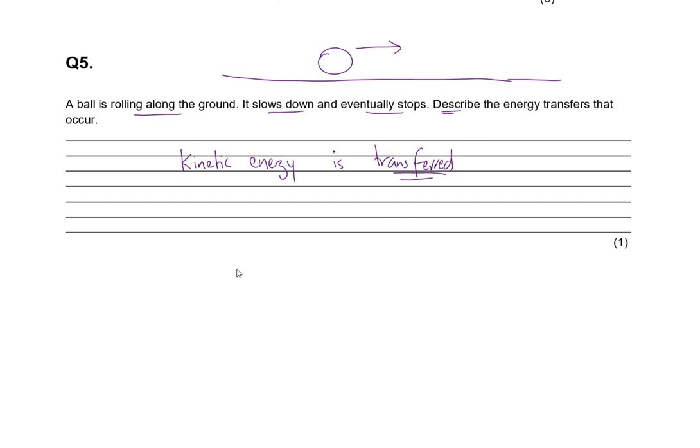Okay, now if you draw a diagram, so if you put the arrows, you need to put transfer on top of the arrows. Otherwise, this will not count. Why would it not count? Because the question tells us to describe. Okay. Now, if the question tells us to draw, then you draw that, that's fine. But here the question tells us to describe. So therefore, we need to describe in words. Okay. So energy is transferred